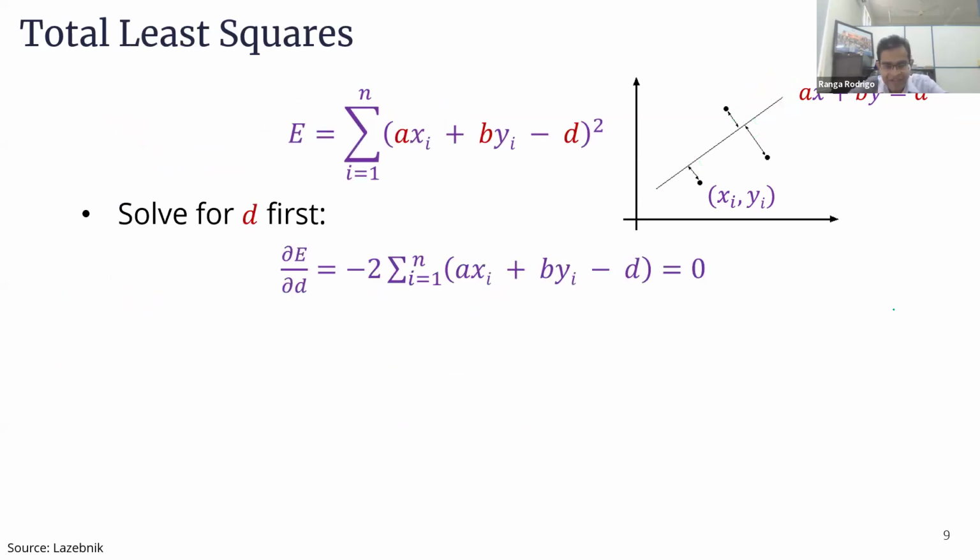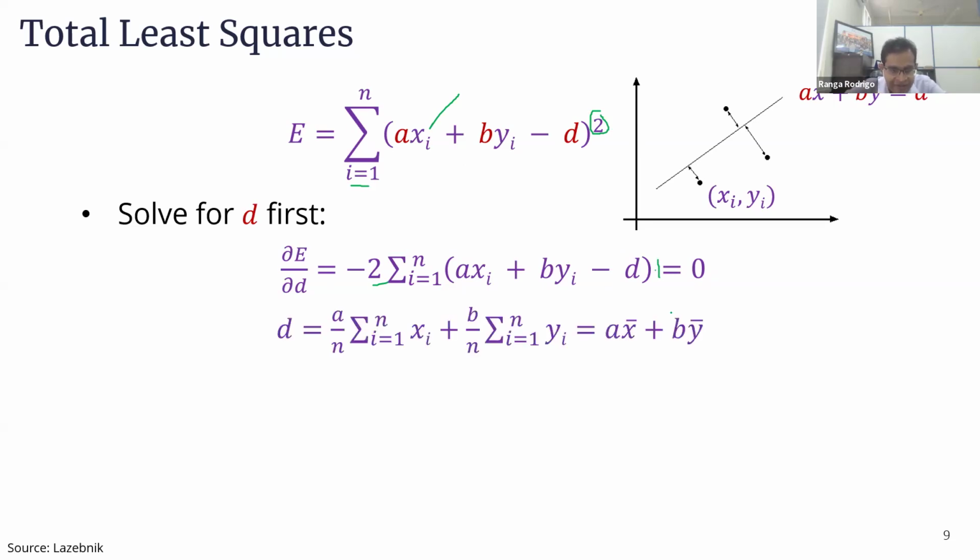You did get the partial derivative with respect to d. You can see this is a summation from 1 to n. If you take individually each of these terms, each term will contribute because the square is there. So you get 2 times the same thing, and d's derivative is 1, so you just multiply it by 1, right? This has to be set to 0. If you do that, you can